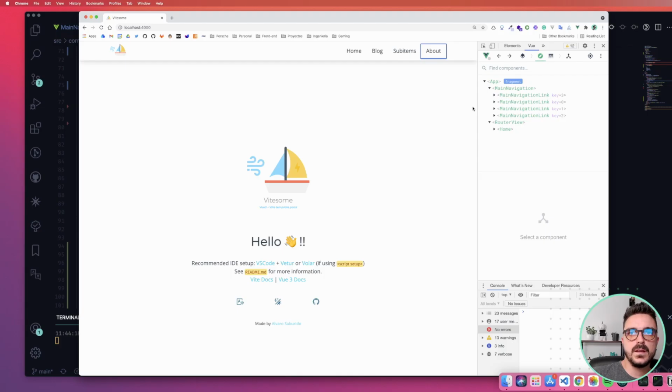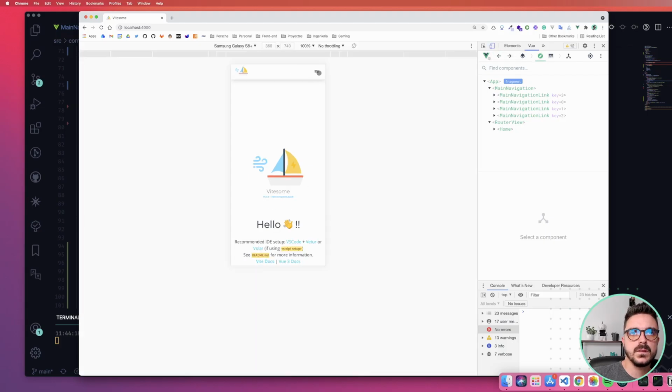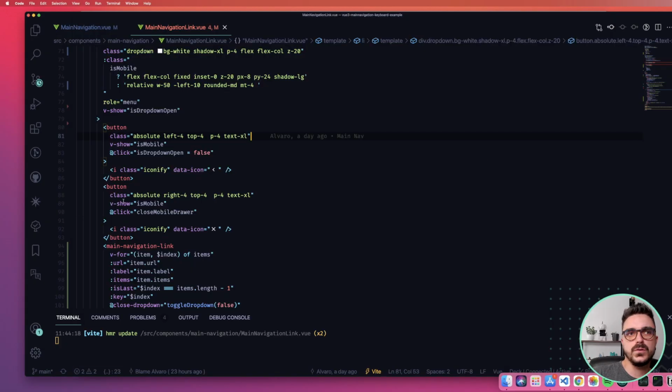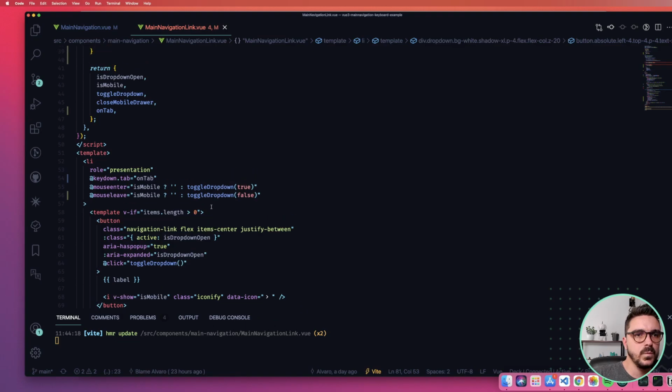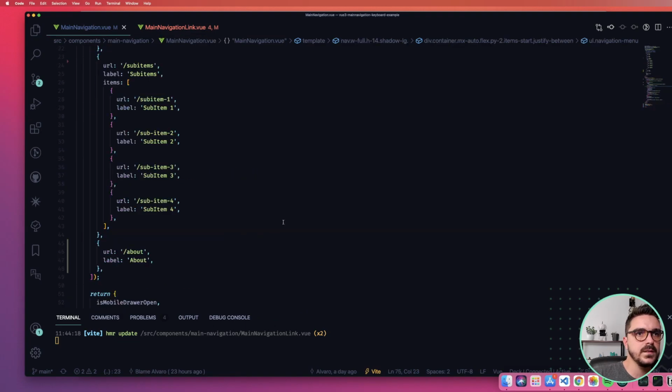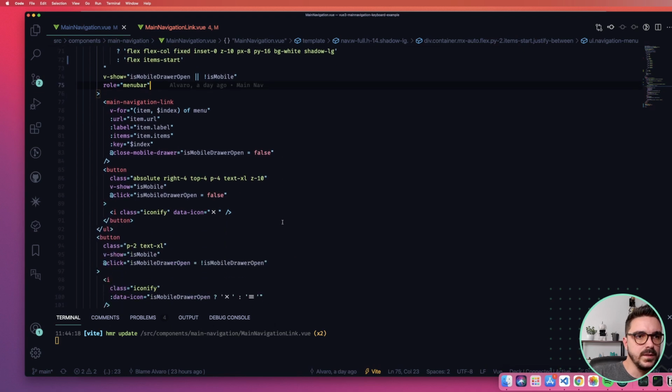The next one is on mobile. When we open here, this close button should be automatically focused. To autofocus an element in Vue 3, we can use a template ref. So we reference this DOM element in the template, and then whenever it's mounted, we focus on it. So to do that, where should be the best place? This is in the main navigation, so let's search for the button. This is the button for closing.